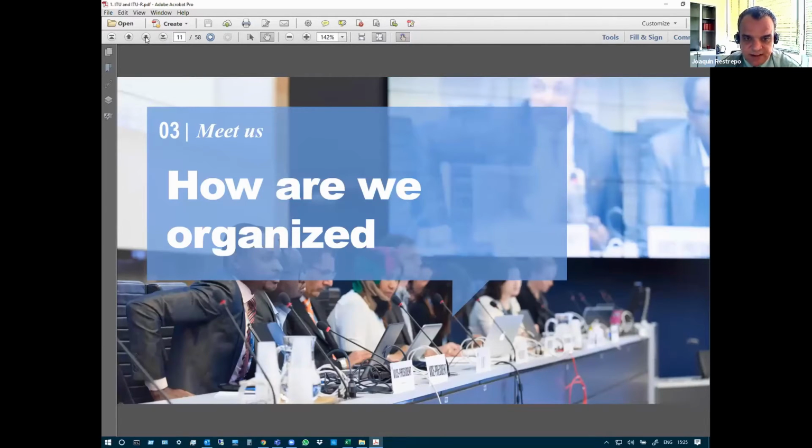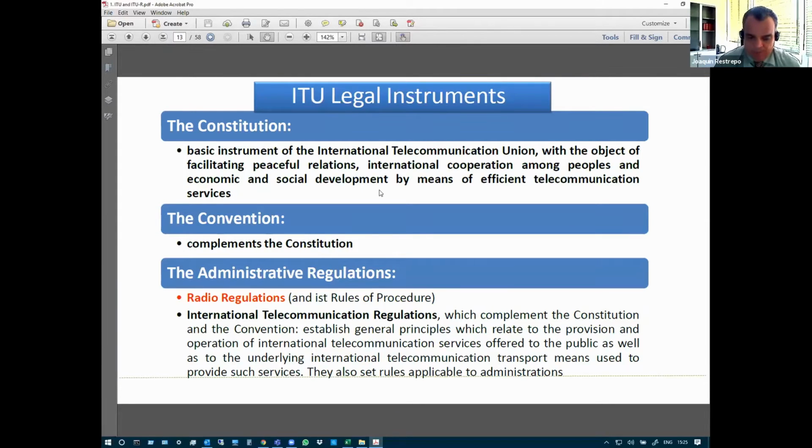How are we organized? Well, we have, first of all, our legal instruments, also named the basic texts. In your documents or regulatory documents in that file, you are going to find a document named legal basic texts. That basic text contains the Constitution, the basic instrument of the ITU with the object of facilitating